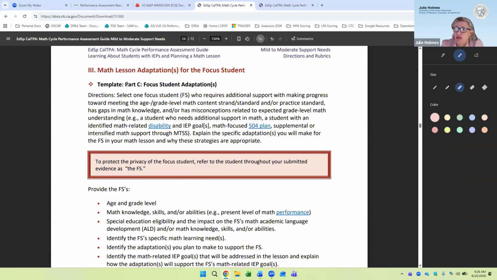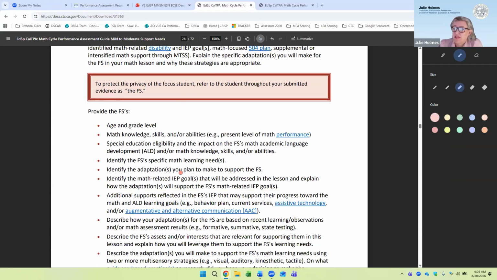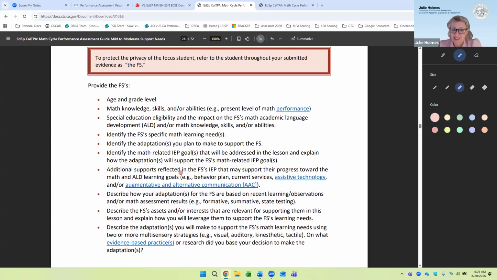All right, let's talk about Part C, because what has shifted here is all of the focus student information from Part A is now moved into the Part C template. That's why we gave that increase in page limit size. You'll see a lot of bullets here. There's a lot of prompts. What I do like about this is that it's really giving the candidate and the assessor a complete snapshot of